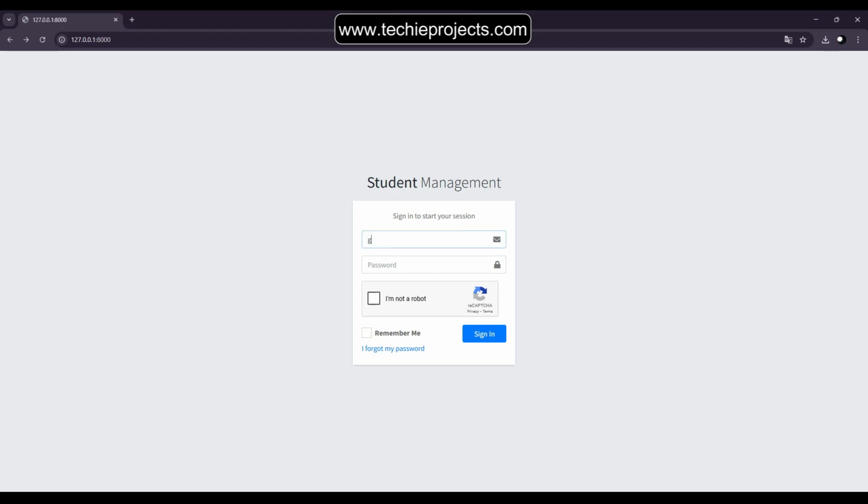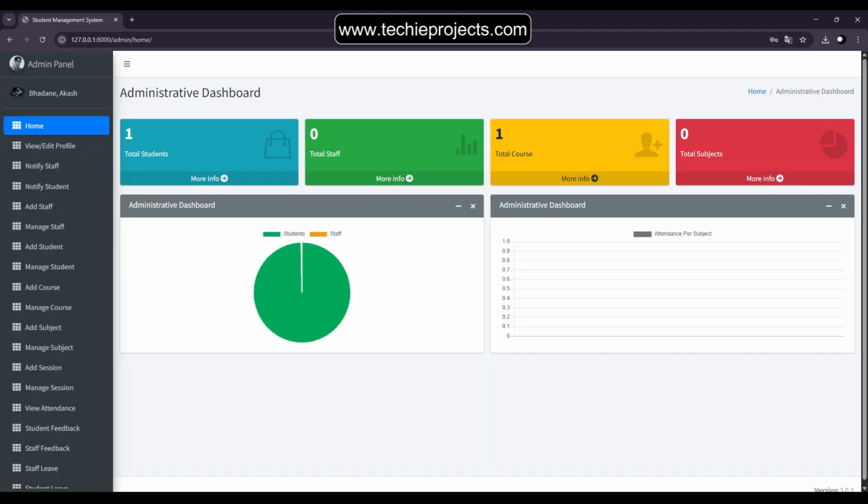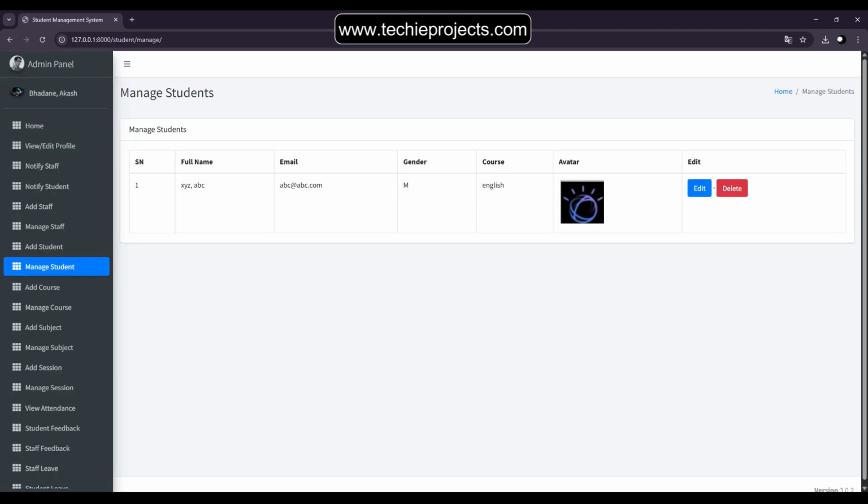So in this video, I will show you the school management system using Python. User have to first log in with the details. Okay, after that, they have to click on the I am robot checkbox button. Okay, then it will open the dashboard where there will be a few more options like home,